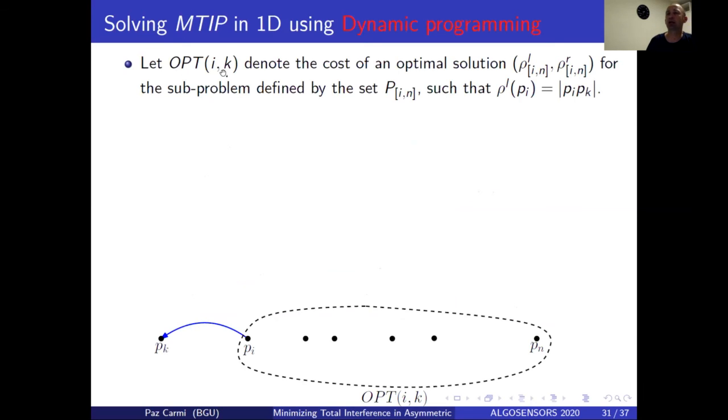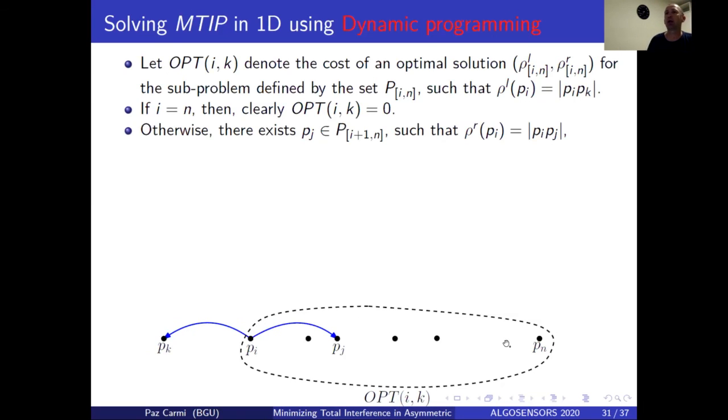So let opt ik denote the cost of an optimal solution for the points from i to n, subject to the constraint that pi's left assignment is pk. Okay, so we're saying opt ik is an optimal solution for this set of points, such that pi's left assignment is pk. So if i equals n, then this is 0, because we don't need to do anything here, we are done. Otherwise, it means that there is a point